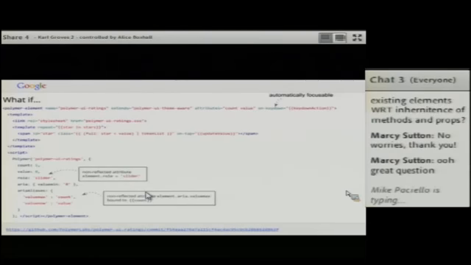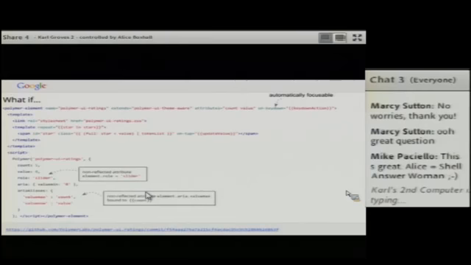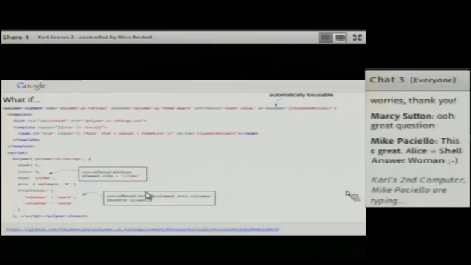Discuss extending existing elements with regard to inheritance of methods and properties. Okay, I'm thinking about extending existing elements. So as far as I know, do you mean extending native elements or do you mean extending other custom elements?